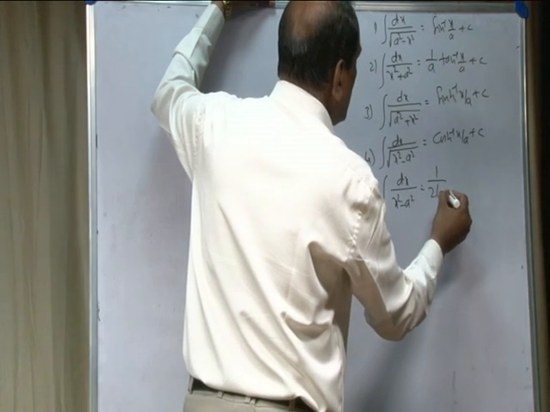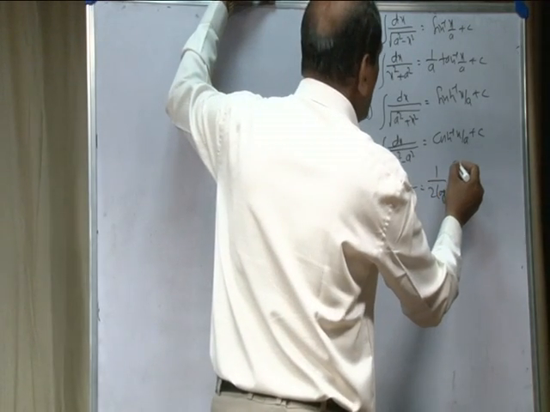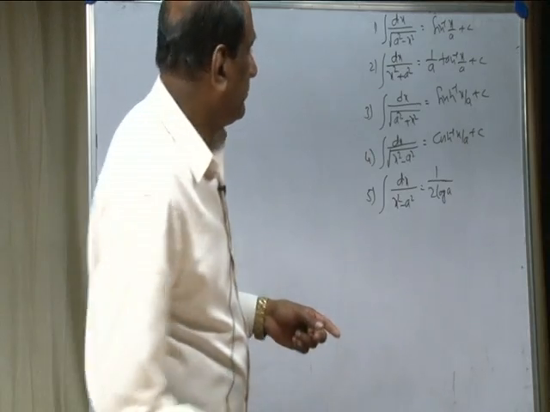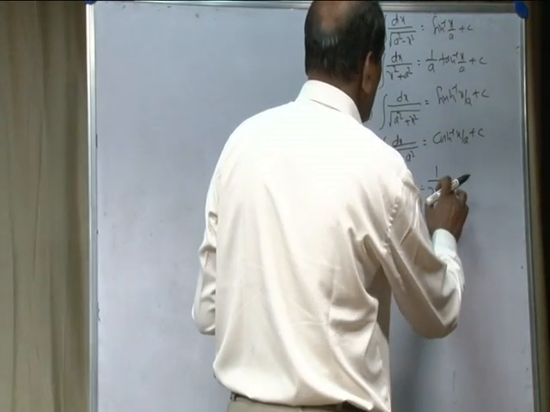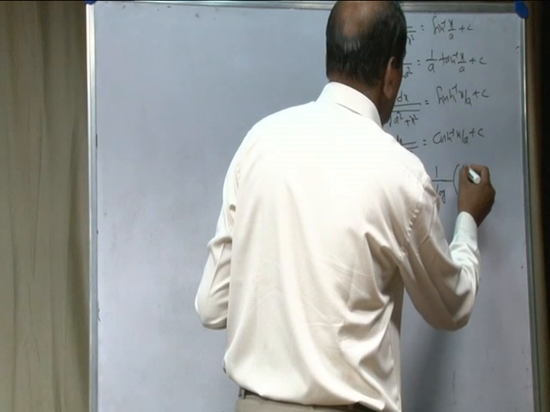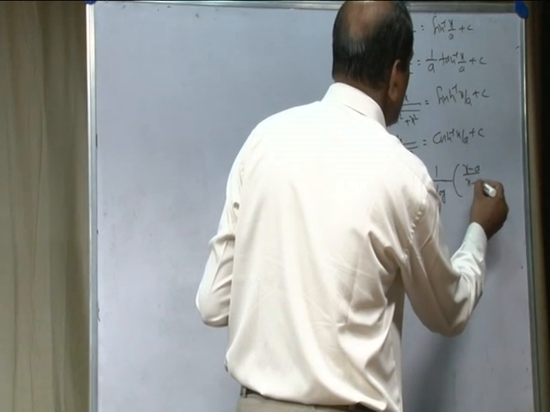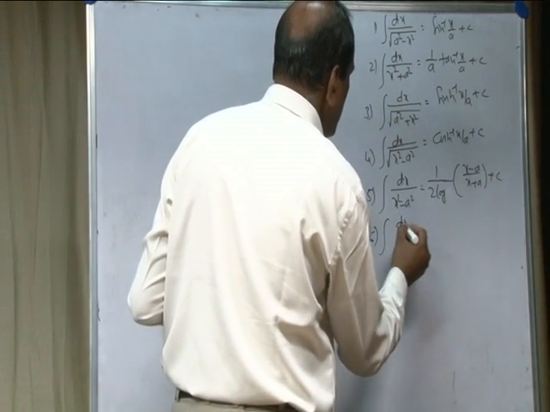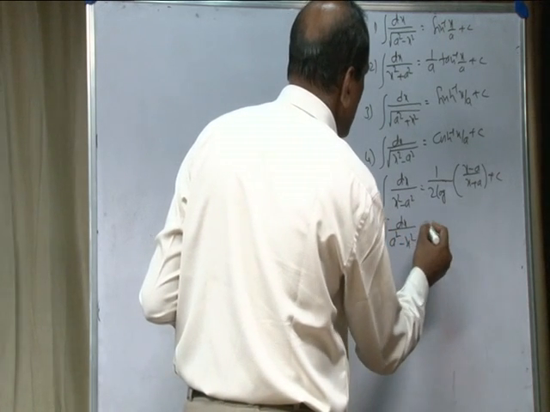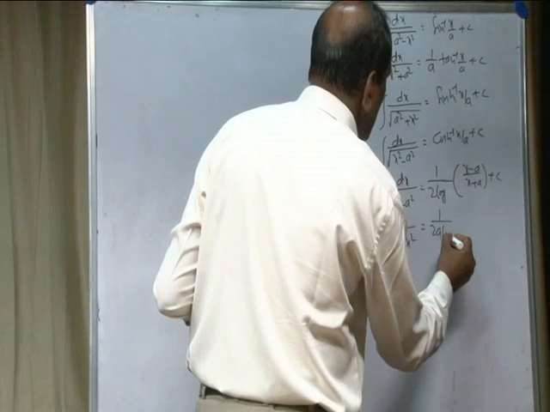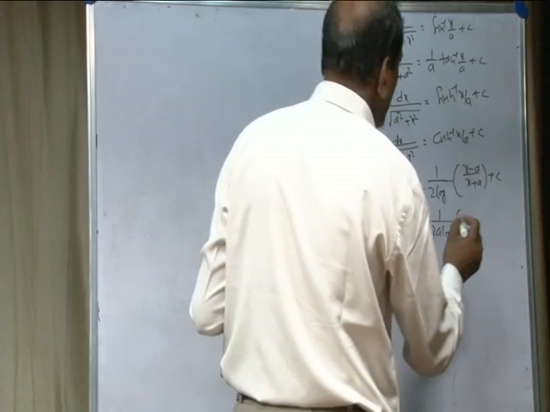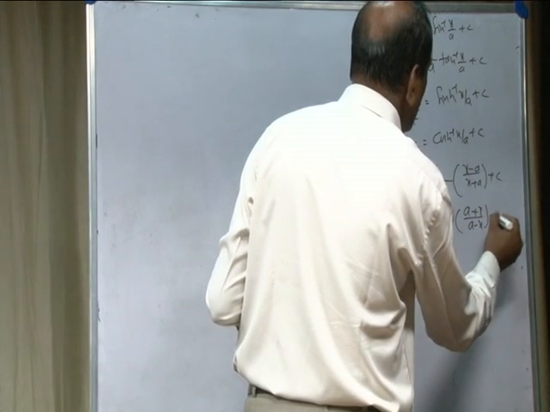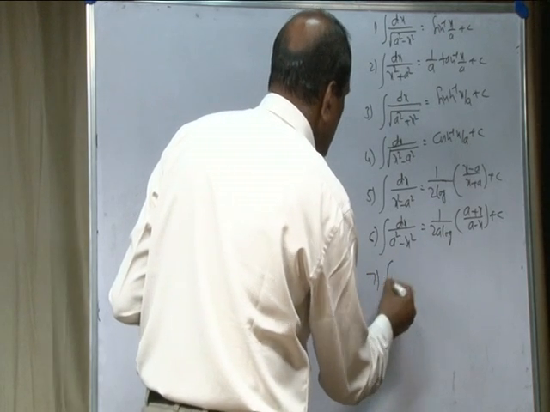Fifth one, integration of dx divided by x square minus a square is equal to 1 by 2a log of x minus a by x plus a plus c. Sixth one, integration of dx divided by a square minus x square is equal to 1 by 2a log of a plus x by a minus x plus c. Seventh one,